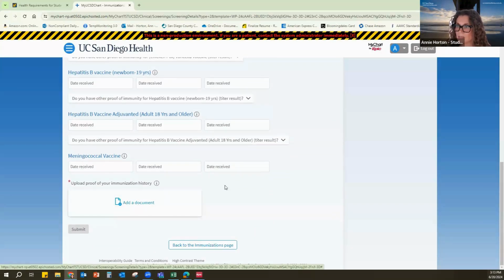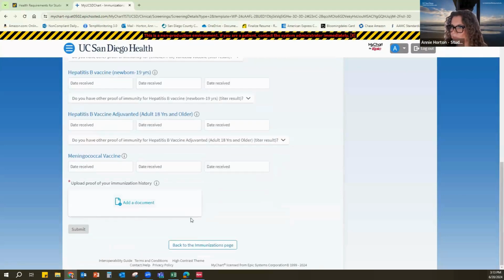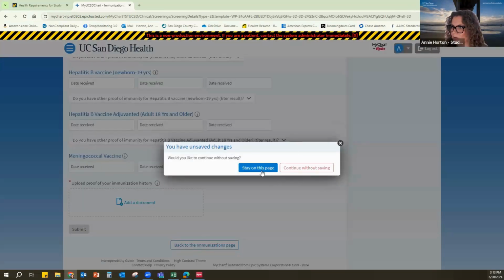You only get to submit this form once. So if you, for example, were missing a meningococcal vaccine, and you go off to your doctor to get that vaccine, you'll need to reach out to us and ask a nurse and upload a copy of that, and we will add that to your record. You're not able to go back in there and edit that at this stage. So those are the main parts of this